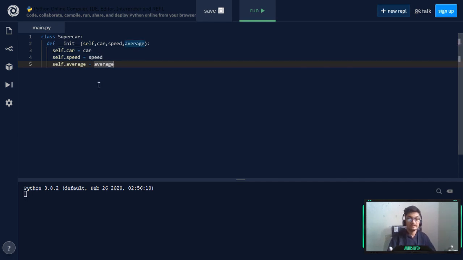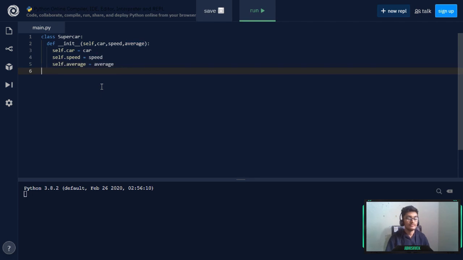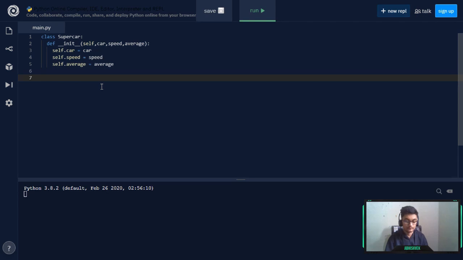Now here we have instantiated our argument objects. So now we can do one thing, that is instantiate a new object instance of this class. So I can write here, let's say customer is equal to supercar. Now it will take 3 arguments, which is car, speed and average, and also a self, but the self is also initiated in the dunder method, which is a magic method itself, which is init. Now we don't need to provide any self argument here because it is already provided when we have instantiated our